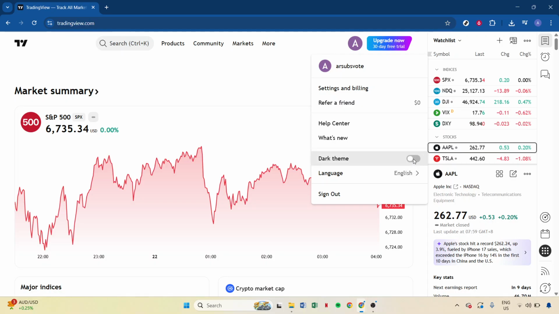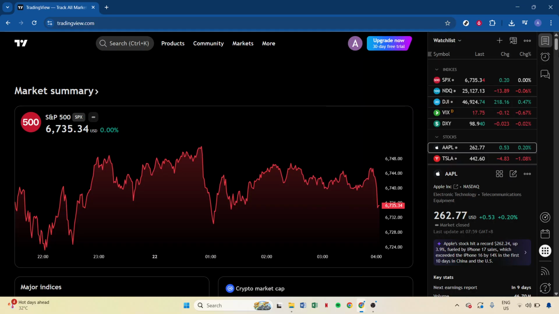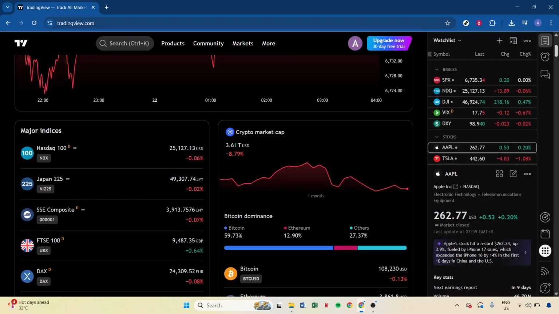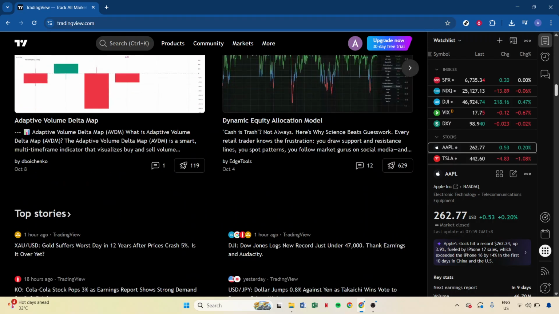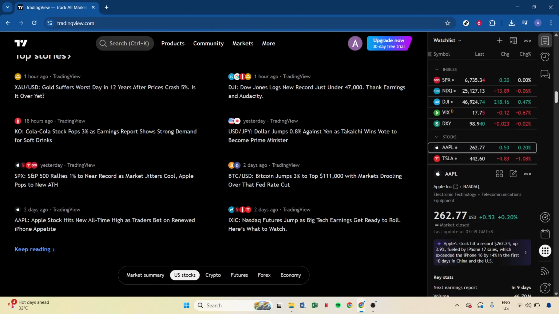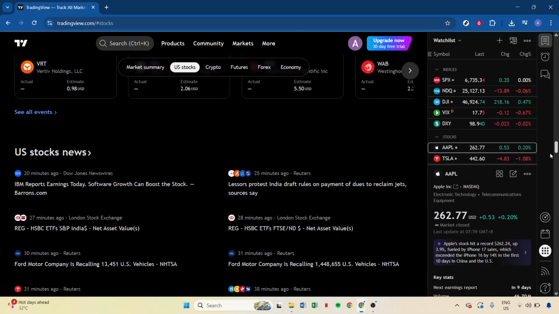This action is straightforward but powerful, completely overhauling the visual layout of the platform. Immediately, you should observe that the entire interface undergoes a transformation. Your charts, watch lists, and all menus will take on a darkened background. This uniform dark theme not only enhances your workspace's aesthetics, but also contributes to a more focused trading analysis by